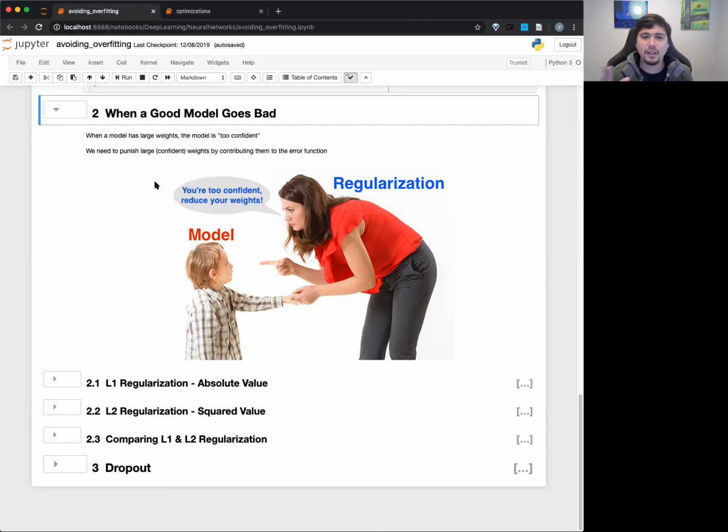Or you have weights that are closer to 0 that are smaller. And I say smaller in the absolute value sense, so that when they're smaller, it's less certain. It doesn't know for sure exactly how strong this is. Remember, our weights represent how much contribution each neuron should have to the next layer. So regularization says, if your weights are too big, we're going to punish you, saying you're too confident. We need you to ease up a little bit.